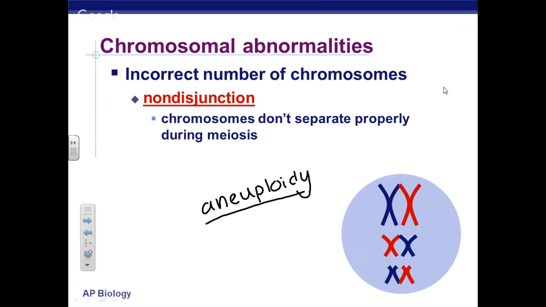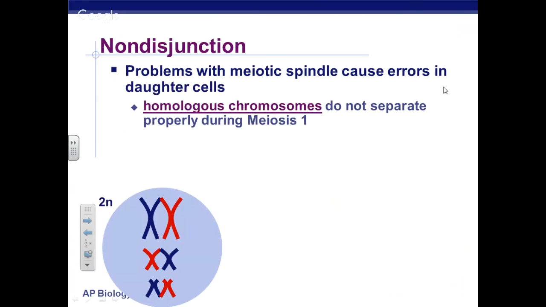Aneuploidy is that you have the wrong number of chromosomes. So if an individual is aneuploid, they don't have the normal number. They don't have 46, they might have 47 or 45, or they might have 48 or 49. It just depends. I'll give you some examples. We already talked about that. Okay, so